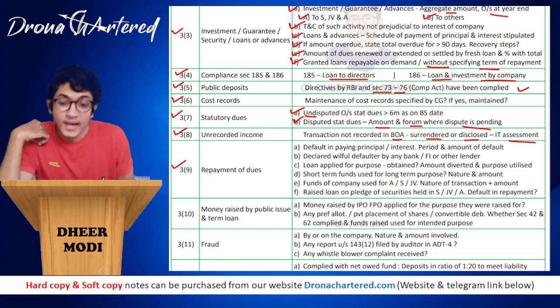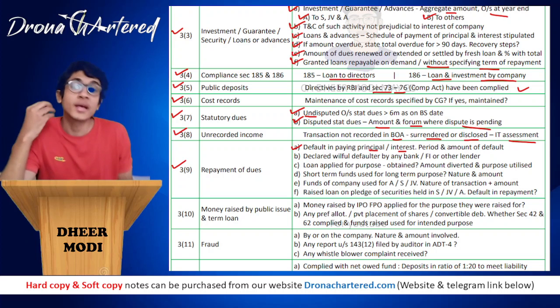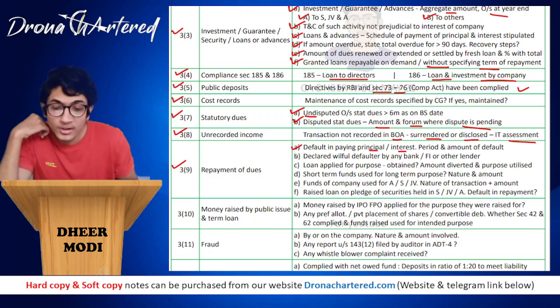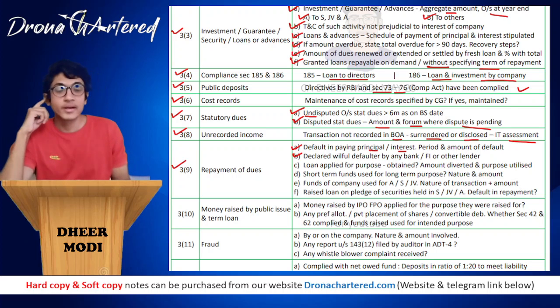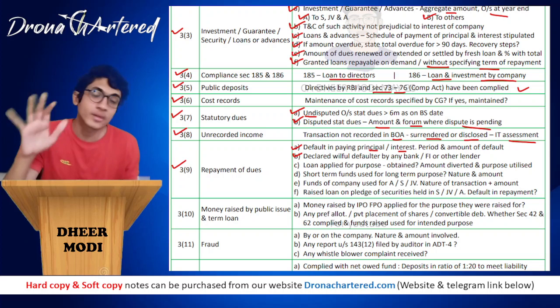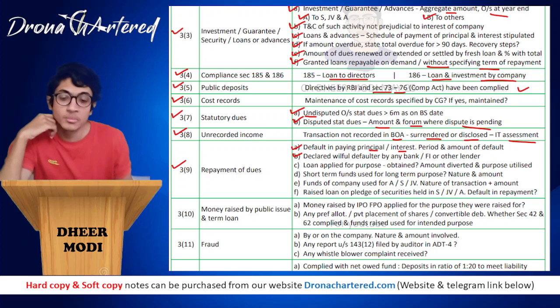Next is your 3(9), that is repayment of dues. This talks about default in paying principal or interest. So there is a period and the amount of default, that is for how long you have defaulted and what is the amount of default. Next is declared willful defaulters by any bank, FI or any other lender. That is, a willful defaulter is someone who has accepted that boss, I'm not going to pay, so that becomes a willful